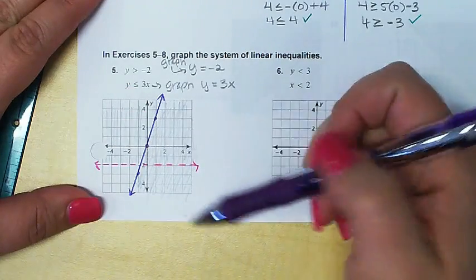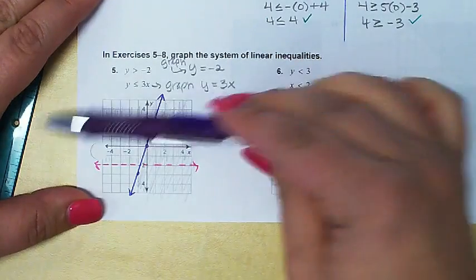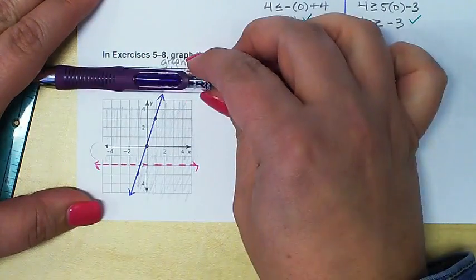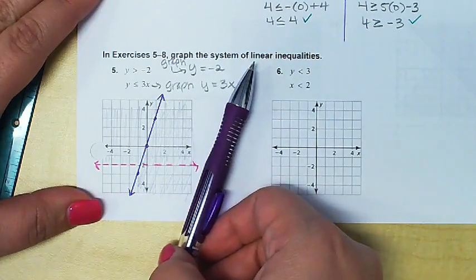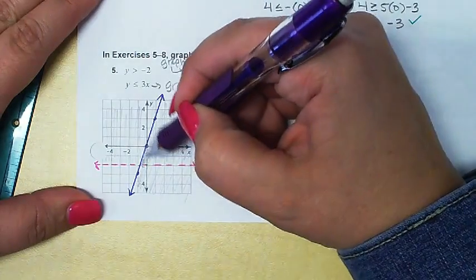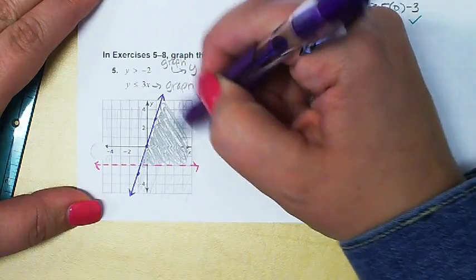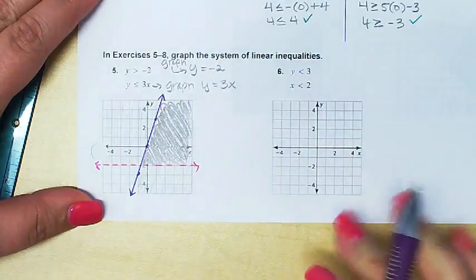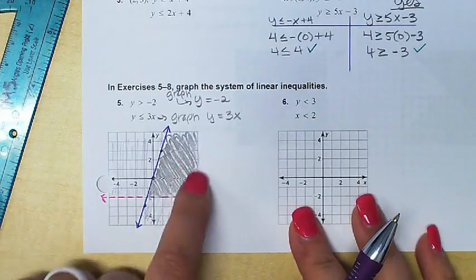where these two shaded regions overlap, right? So for the pink line here, it was everything greater than this line. And for the blue line, it was everything less than or equal to that line. And the overlap is happening in this section. And that's where I'm going to get more serious about my shading, to show that final solution space is where